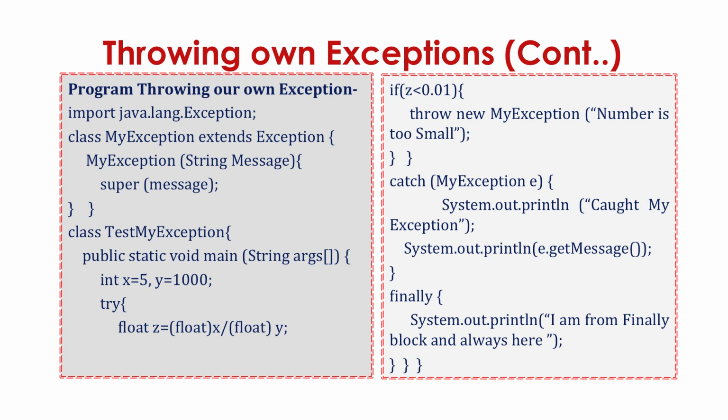So if that happened, throw new. We are trying to throw, as I said, how to use throw. See in the second block, right side block, second line: throw new MyException, number is too small. So we have defined our own class, as we discussed earlier with common Java exceptions. Now in this example we are trying to use our own exception, and if this condition comes out true,